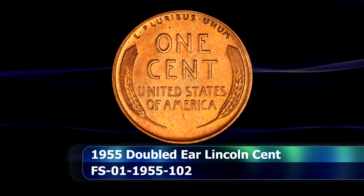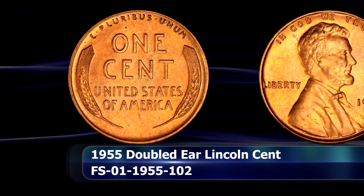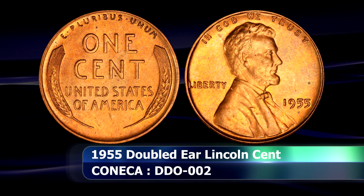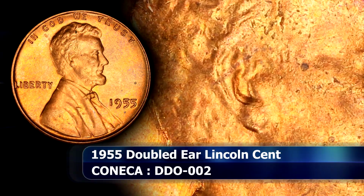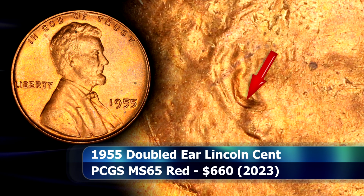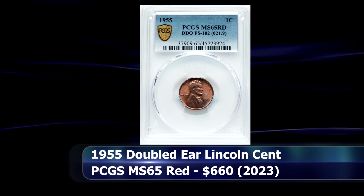$576. The next coin does technically qualify as a doubled ear variety, though it is perhaps not as obvious as the other coins, and it is not even the main feature for this variety either. But on this coin, the doubling displays not on the outside, but rather on the inside of the ear, where the doubling displays towards the northeast along what would be the cartilage of the ear, I suppose. A PCGS graded example at a grade of MS65 Red was sold at auction in 2023 for the total of